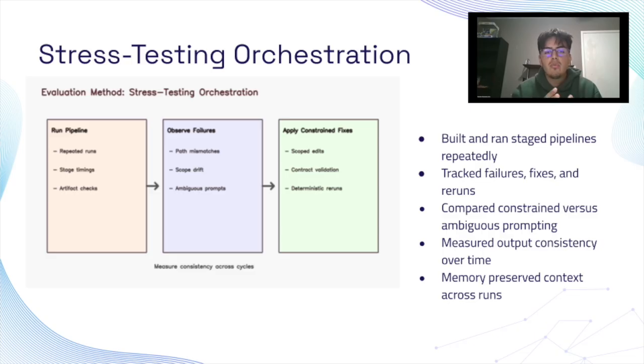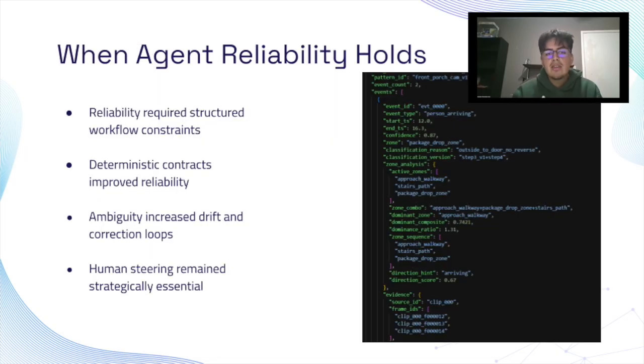But what I observed was that the agent could maintain orchestration across many cycles, but stability depended heavily on explicit stage contracts, clear scope boundaries, and deterministic artifact handling. So handrails were necessary to keep the agent on track to improve consistency in its behavior and outputs. I would say that the strongest finding out of my research was that reliability does not come just from the agent model alone.